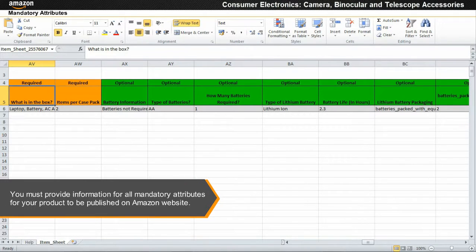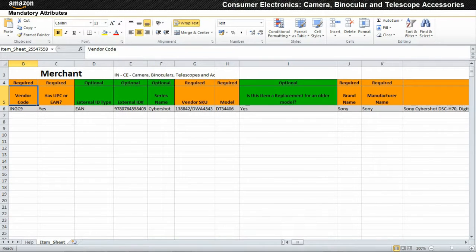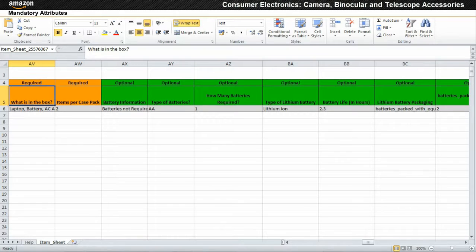You must provide information for all mandatory attributes for your product to be published on Amazon website. The attributes vendor code, has UPC or EAN, vendor SKU, model, brand name, manufacturer name, what is in the box, and items per case pack have been described in detail in the Consumer Electronics Guidelines video.